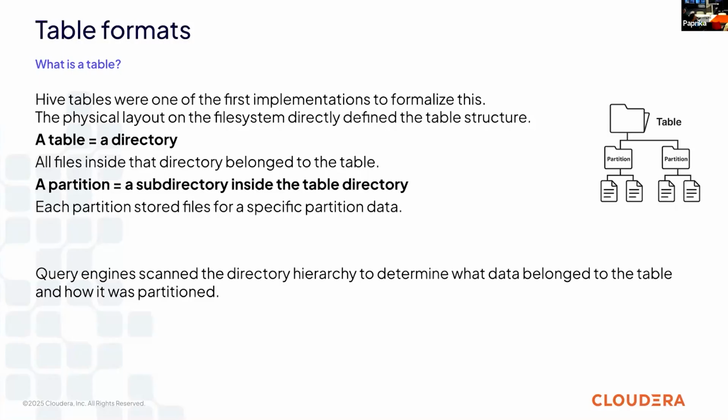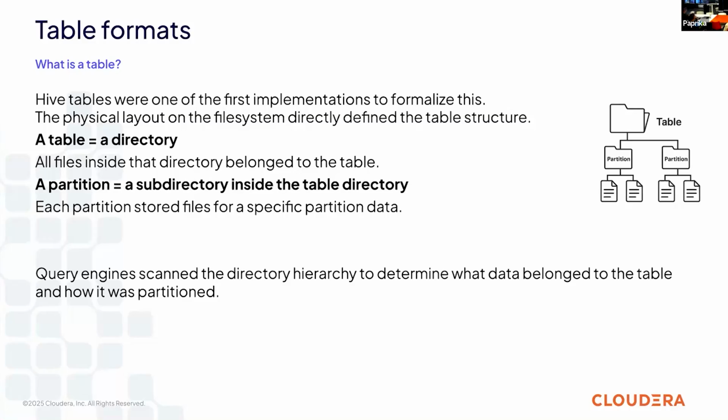And in this case, the table was mainly a directory. Under the directory, there would be a subdirectory. This was the partition. Under the partition, there would be data files. So on your file system, the table was represented by the folders and the folder structure, which was good at that time. And there is also partition pruning, because if the where condition on your select matches the partition, it only goes to this directory, the directory listing comes up, and, oh, there is my data.